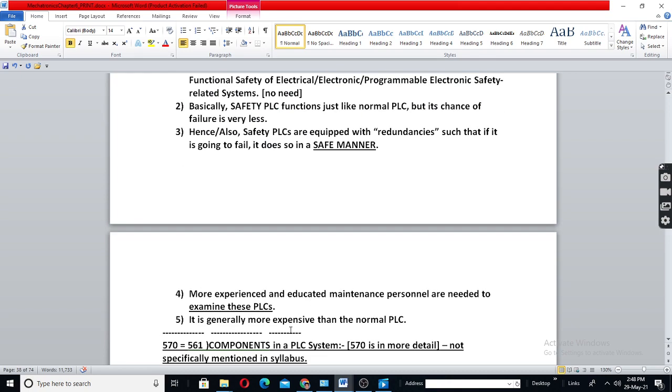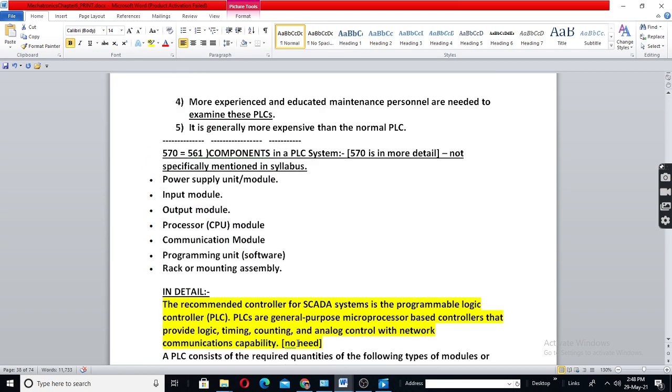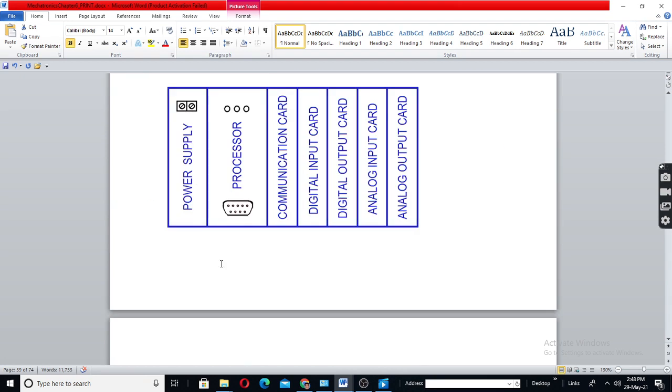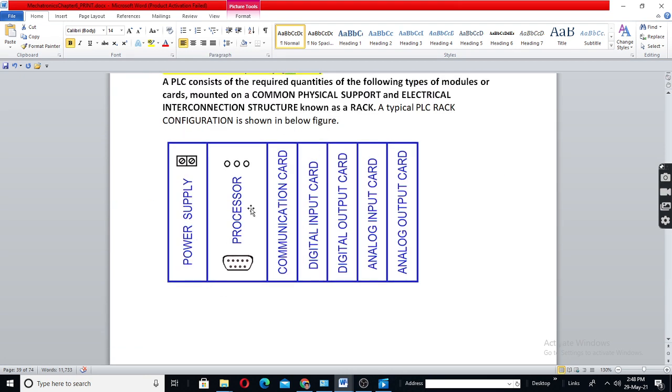Right. Now, components of PLC. In your syllabus, it is not mentioned specifically. The same thing which had been explained in 561, here it is explained in more detail. So in a fixed PLC, all these things come as a single unit.